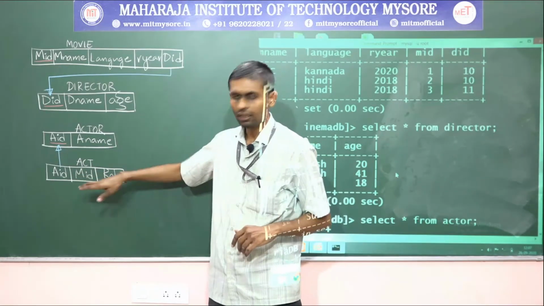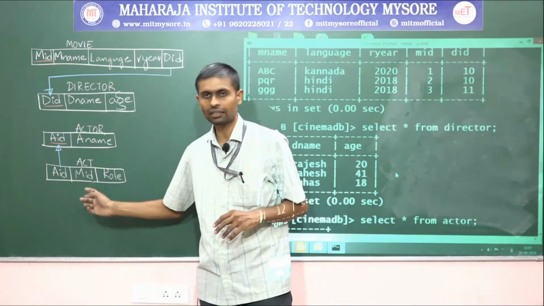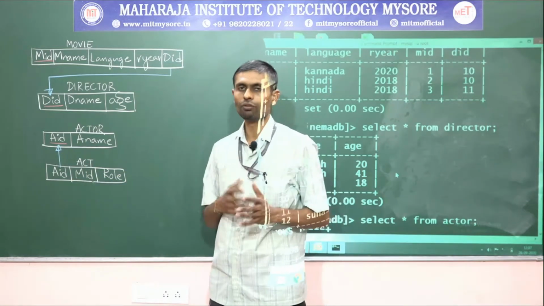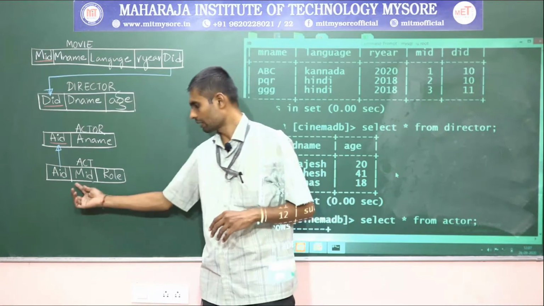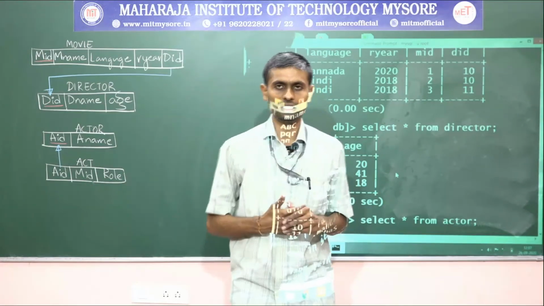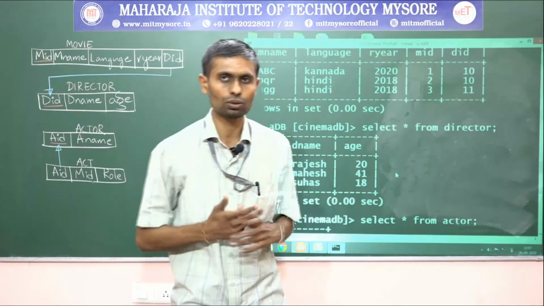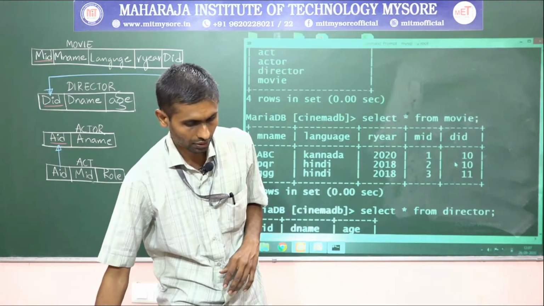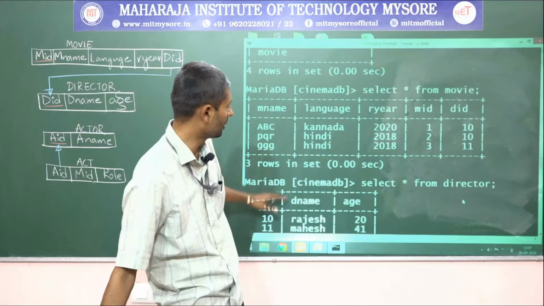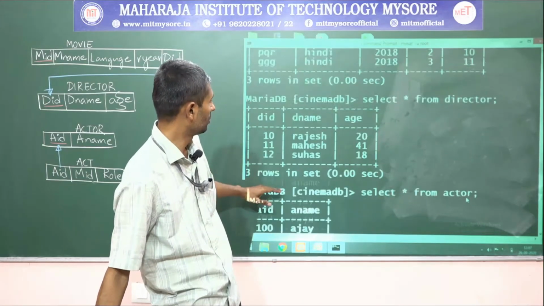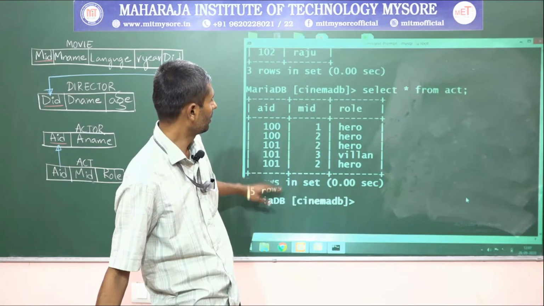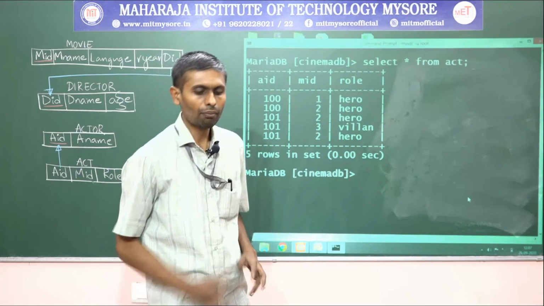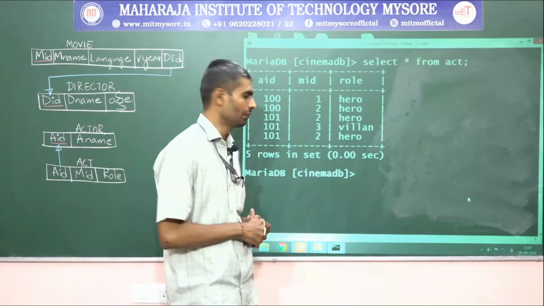And we took one assumption that an actor can act in many movies, right? And a movie can contain many actors. So it represents a many to many cardinality, right? This is what we said, under different roles or the same role. Fine. These are the 4 tables we have created. Then these are the values of these tables. My first question to you.